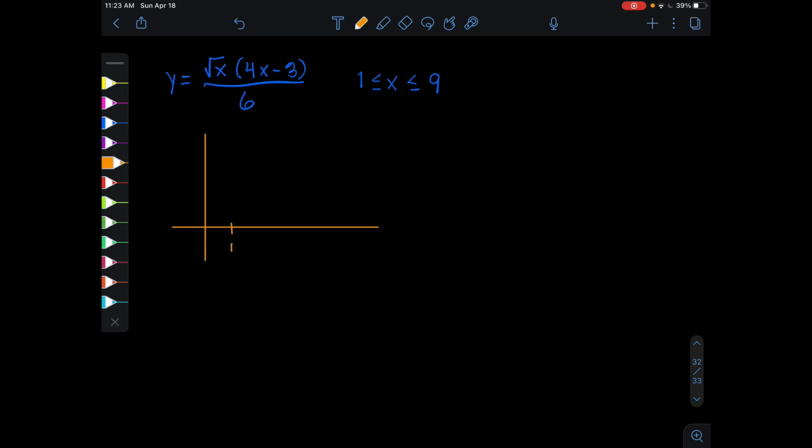We're going from 1 to 9. And regardless of what the shape of the graph is, I'm going to just make up a graph. What if it looked like this? So then what we're doing is we're taking that piece and we're rotating it around. And when we rotate it around,